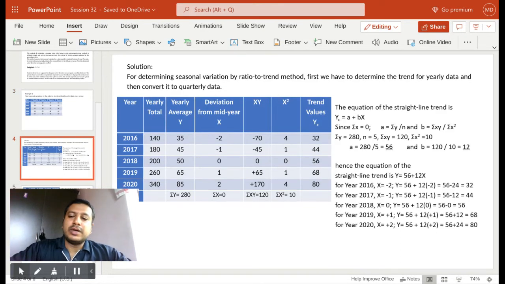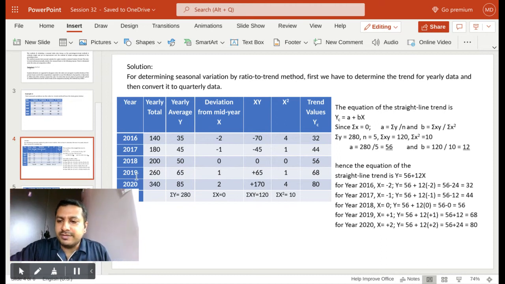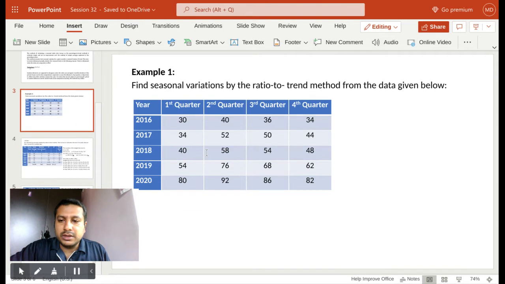First thing, you have to calculate with the help of least square method, right, the trend values, right? You know that least square method, when 5 values are given, you have to take the deviation from the mid value. Before that, you have to find out the yearly totals. Here in this problem, quarterly information is given. Okay, when quarterly information is given, you can use this